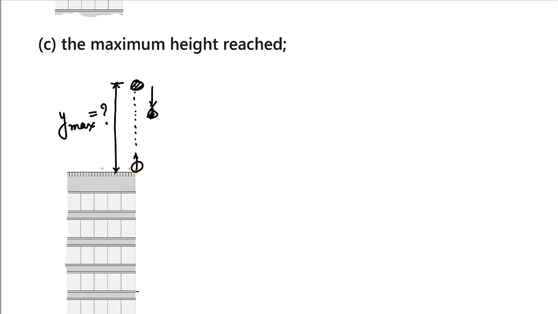So an important point: when we have maximum y, this means y velocity is no longer there, otherwise it can go further. So this means velocity in the y direction is 0. So we will use this fact, that is v_y is equal to 0, and then from there I can calculate what is the maximum height that this ball can go. So we will use the same